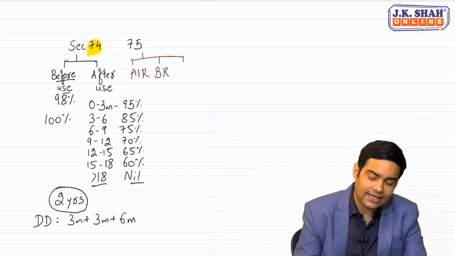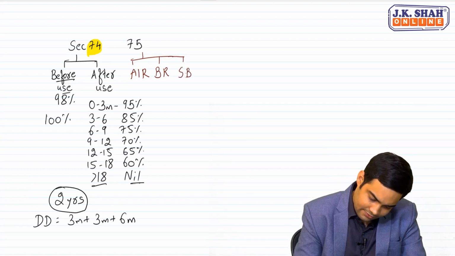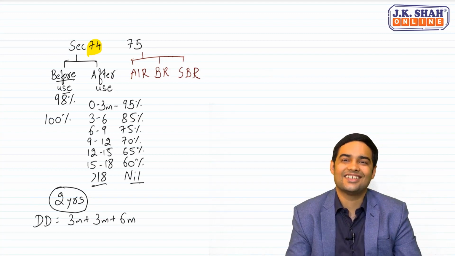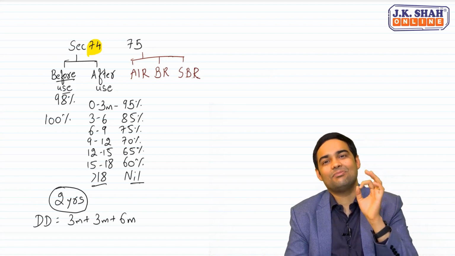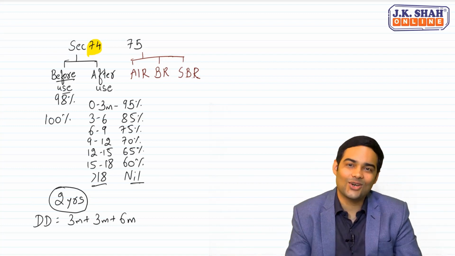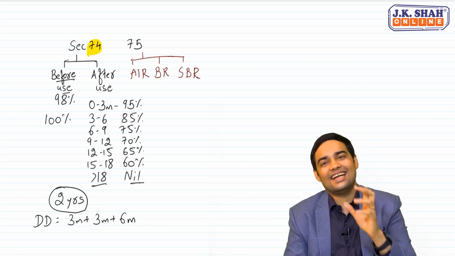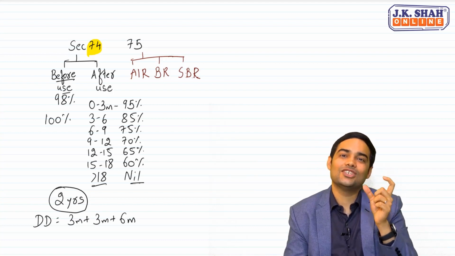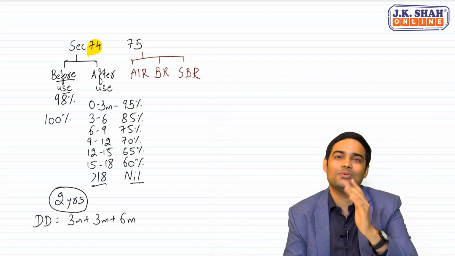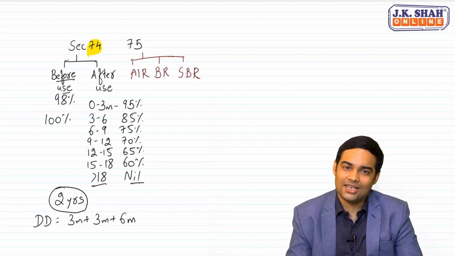And say suppose I am not satisfied with the all industry rate, then I can go for a special brand rate. But what is the level of satisfaction? The level of satisfaction is less than 80% if you have got. In that case, you can apply for special brand rate. If you are getting 80% or more, please don't go to government and say, no, I want more. What is this 80% or more? The custom duty which you have paid or the taxes which you have paid on purchase, if you are getting to the extent of 80% or more, then you cannot apply for special brand rate. Otherwise, you can apply for special brand rate.